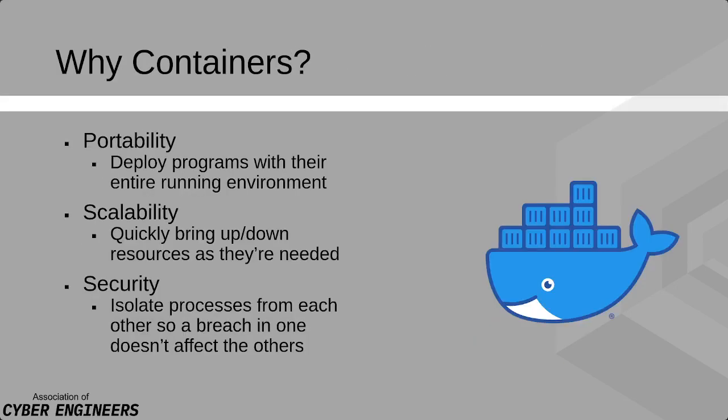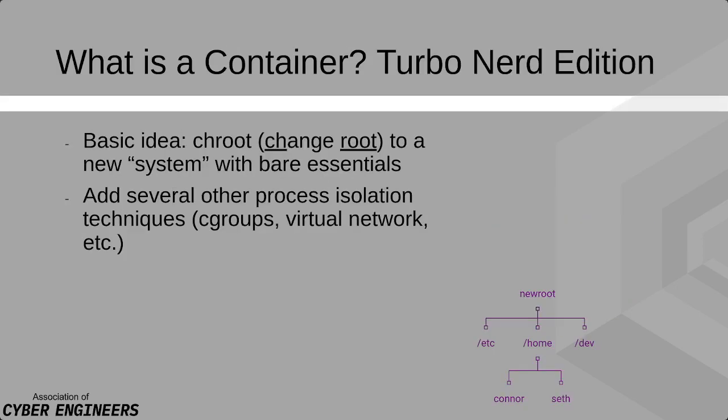So kernel, by the way, because I heard the question, the kernel is basically the lowest level of your operating system. It's the software that interacts directly with your hardware, basically. It's what makes the computer actually compute. Everything on top of that we call userland programs, which are programs that you as the user are able to interact directly with. So basically this lets you treat your userland as a completely separate system.